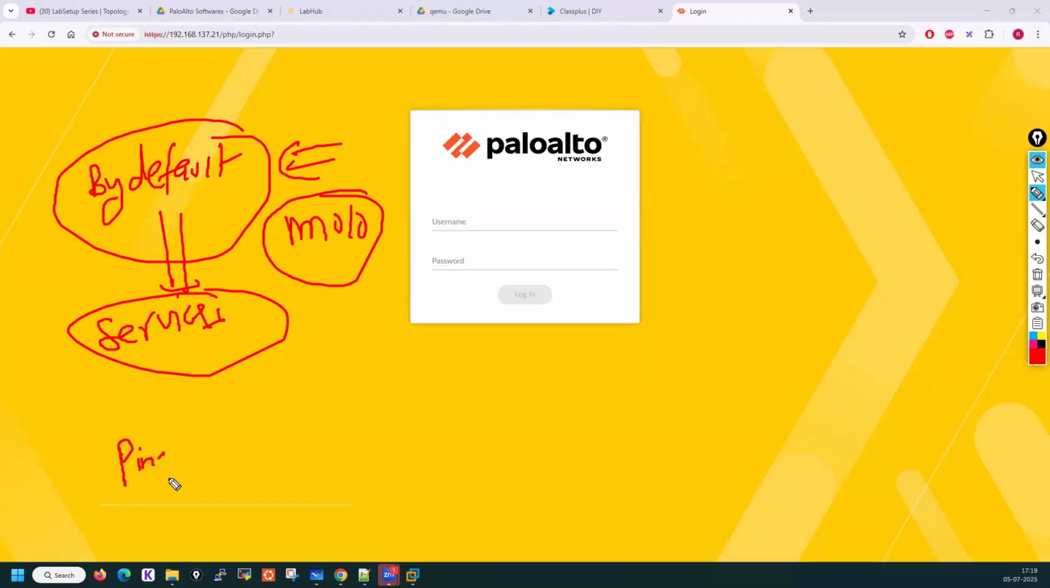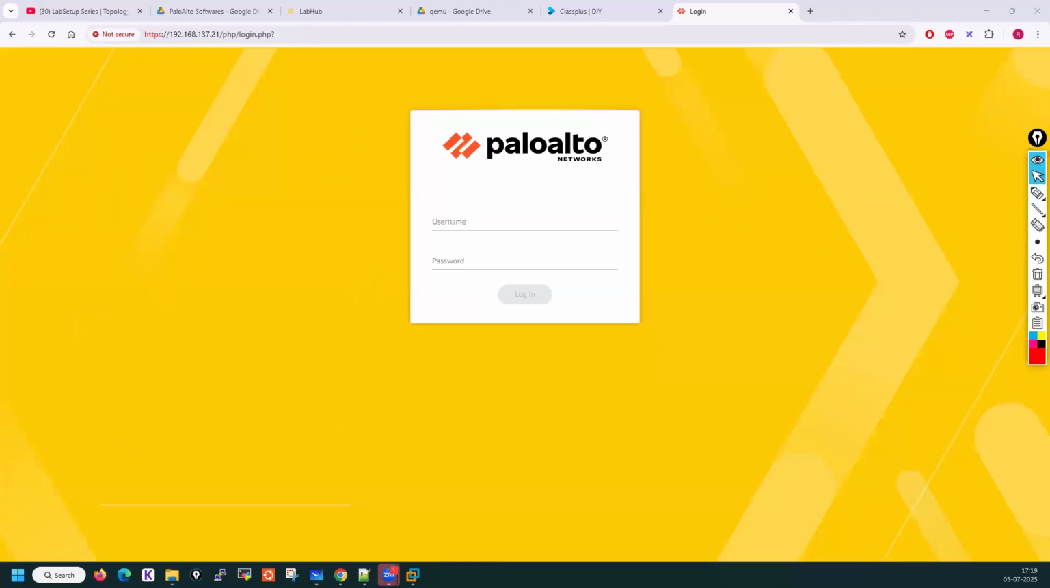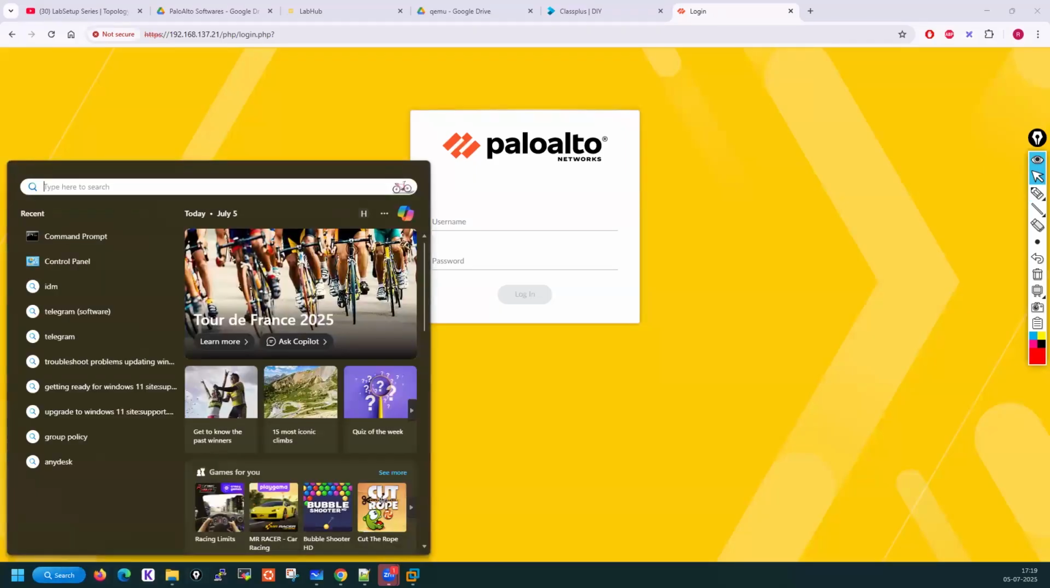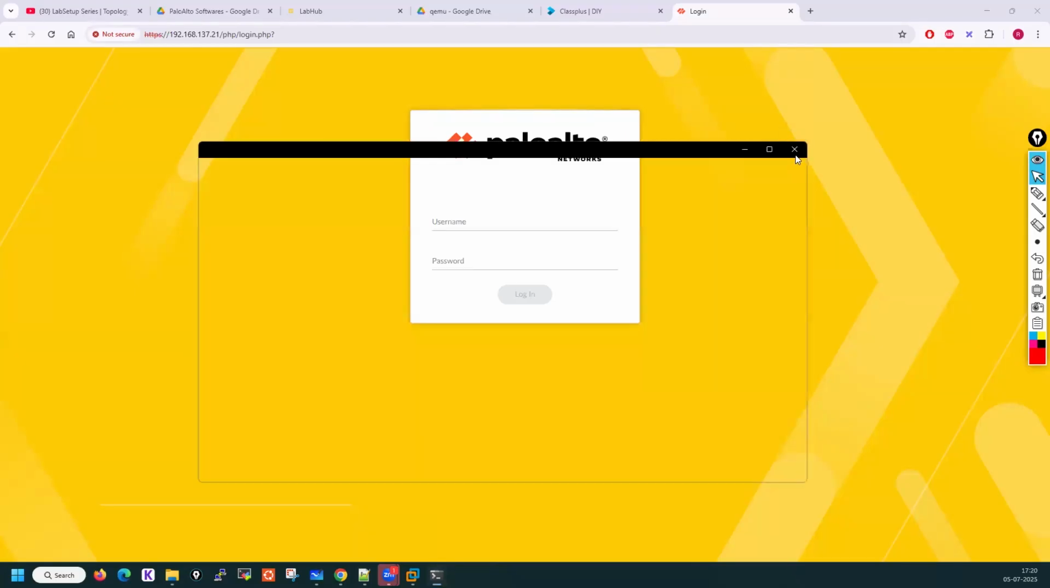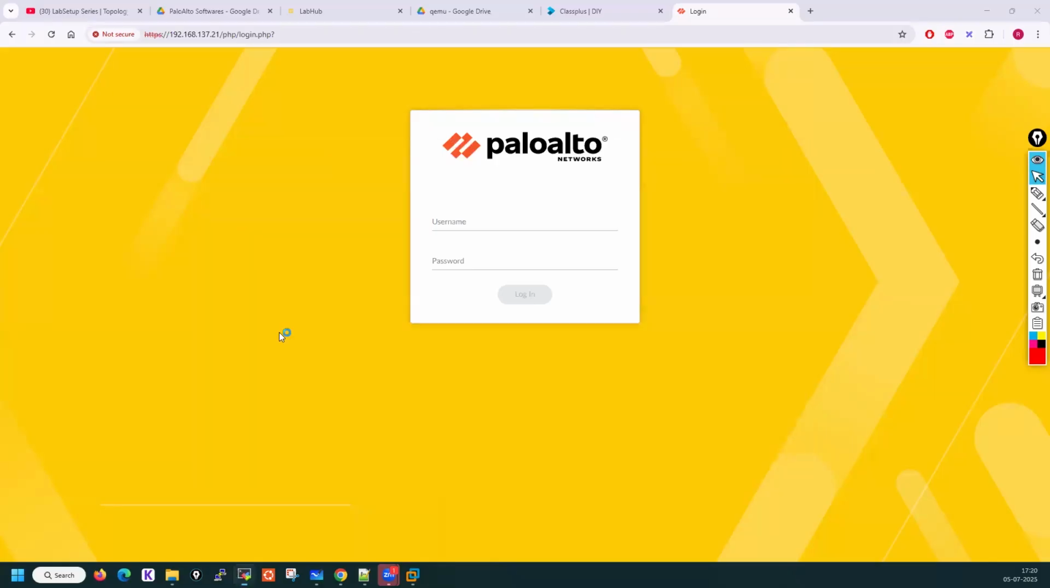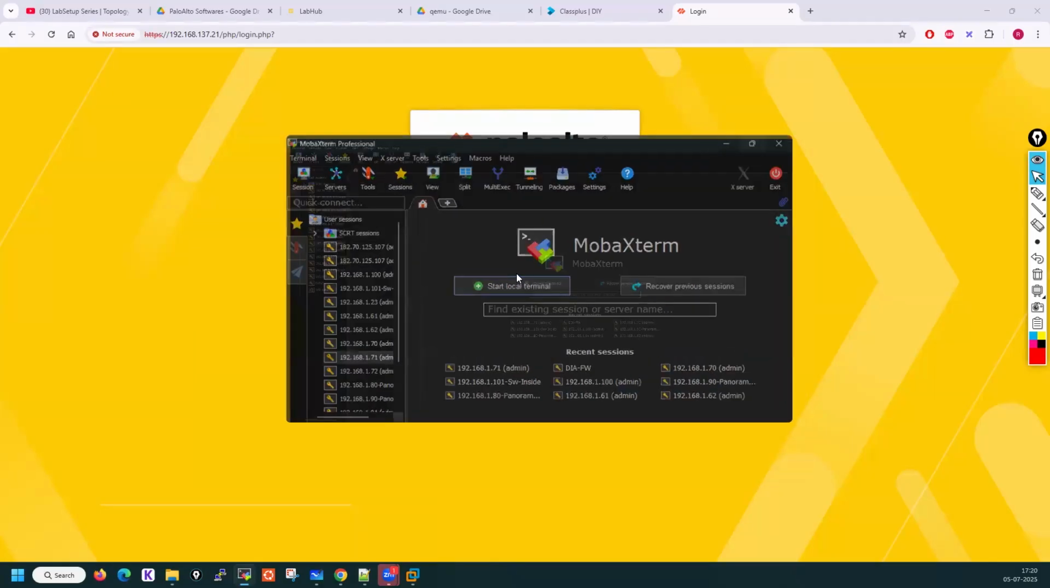In the last session, I discussed ping, SSH, and HTTPS. HTTPS is happening. One service is verified. Let's verify the second one. CMD, ping 192.168.137.21. Ping is also working. Second is also verified. Let me open my MobaXterm